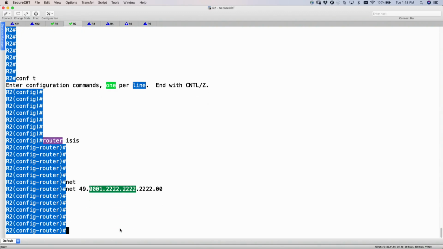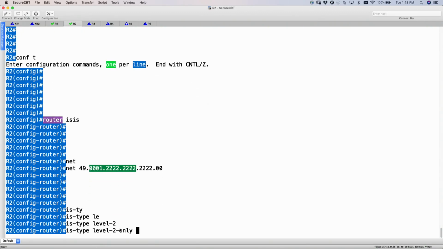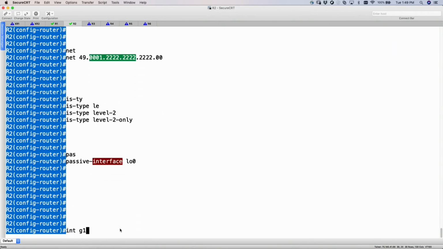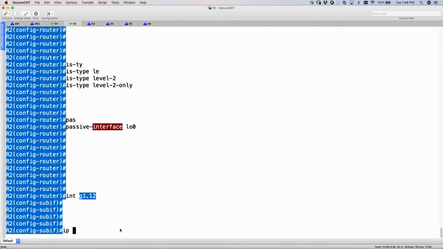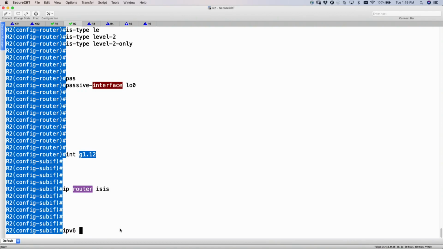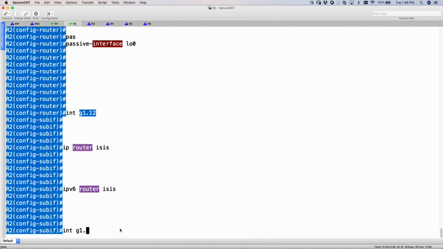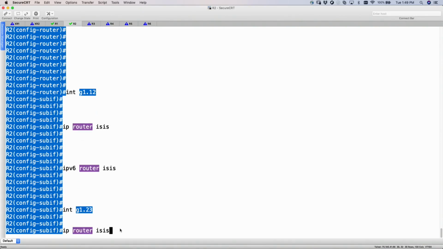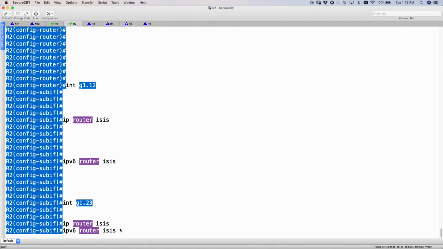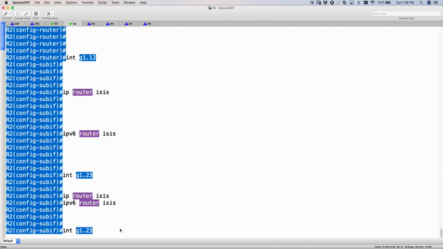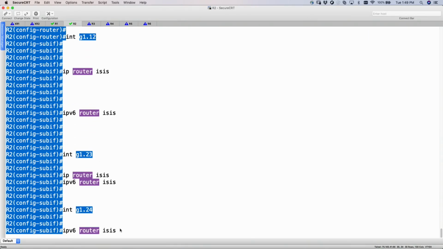2222.2222.2222.00. IS type would be level 2, passive interface loopback 0, and then interface gig 1.12, IP router ISIS, and also IPv6 router ISIS. Same thing on my other interfaces towards R3, activate ISIS for address family IPv4 and for IPv6. Similarly towards R4,